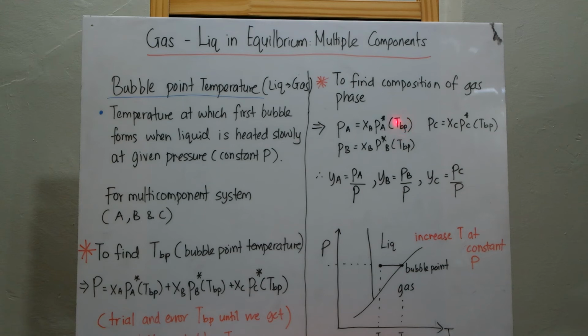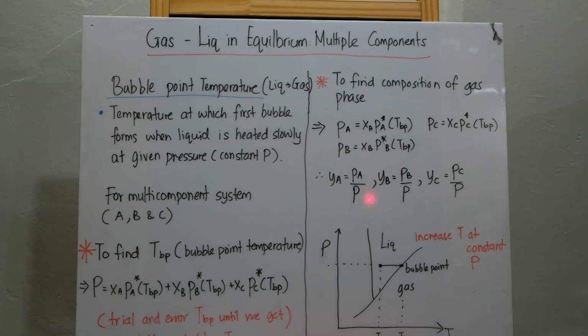bubble point. This is bubble point. I keep on saying boiling. It's not boiling. Bubble point temperature, because you already obtained your bubble point temperature. So you find your partial pressure at that temperature, of your bubble point. So you find it for B and for C, and then to find the composition, remember this